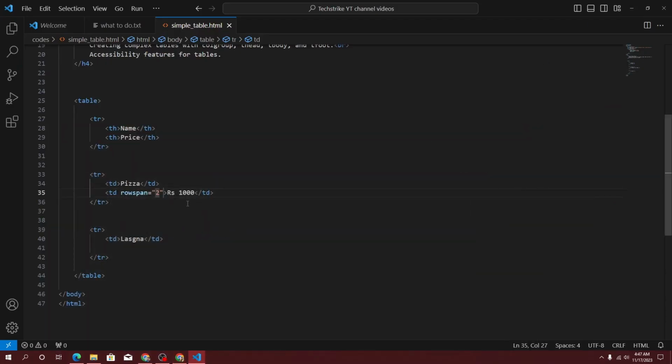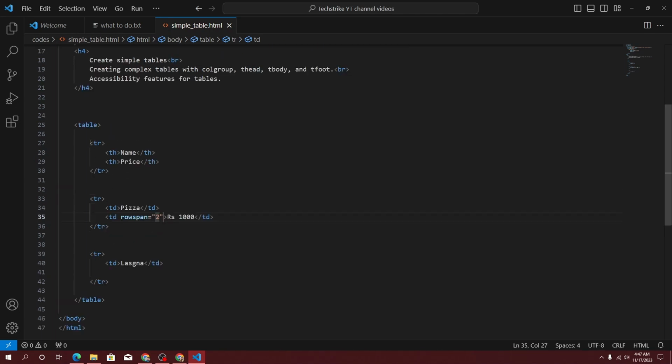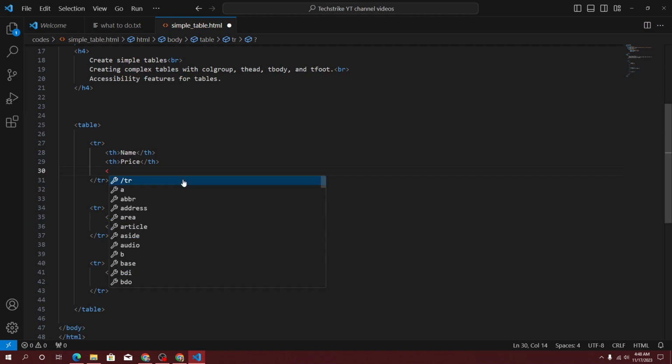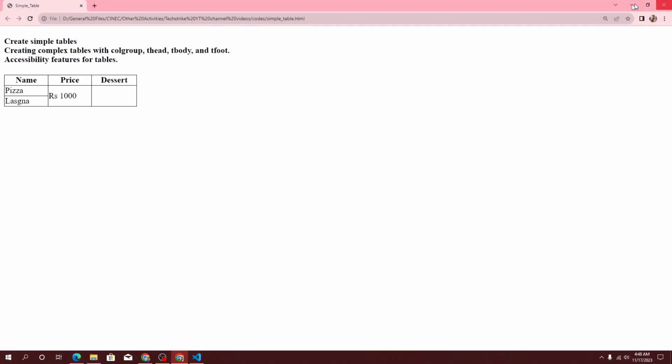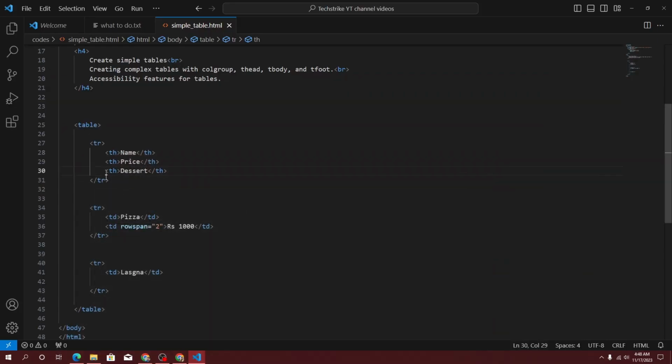Let's demonstrate how the col span actually works. Let's add another tag here. Let's say name, price, and let's say dessert. Dessert. And let's see the table. Yeah, dessert part. And for that,